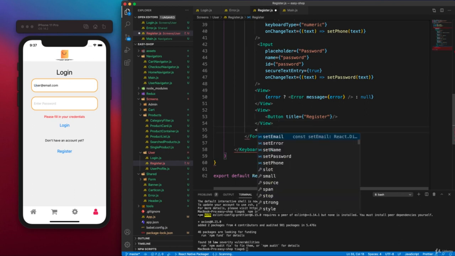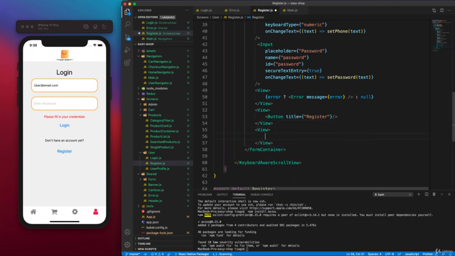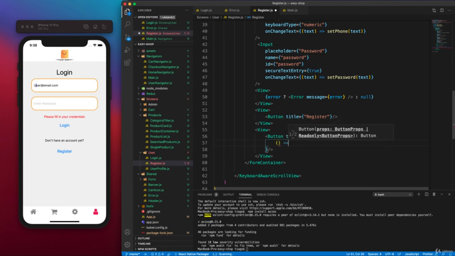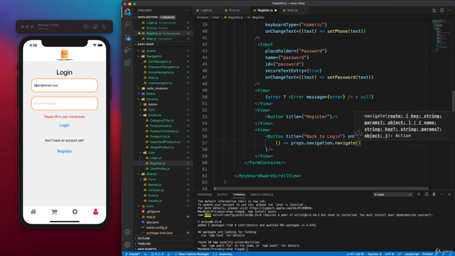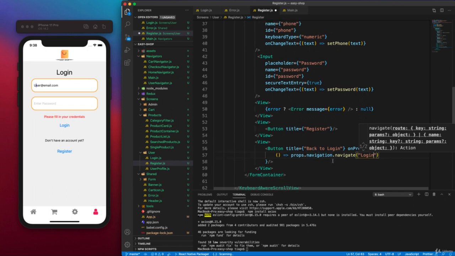So it's just an easy one, so say view, again button, we'll have a title of back to login, and also an onPress event that will be props navigate to our login screen, so just pass the login here. Okay, so now if we save it